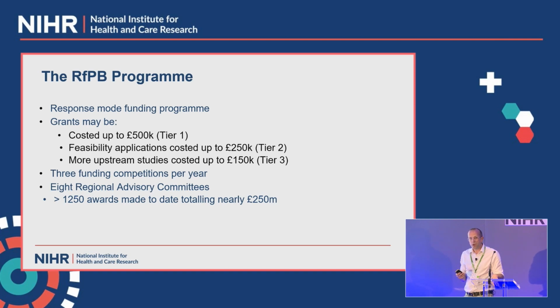So some of the earlier work may be developing an intervention, developing a complex intervention in particular. It may be some of the work about identifying priorities for future funding that will lead into feasibility applications potentially in the future. The thing that's different about RfPB compared to some of the other funding that the NIHR offers is that it